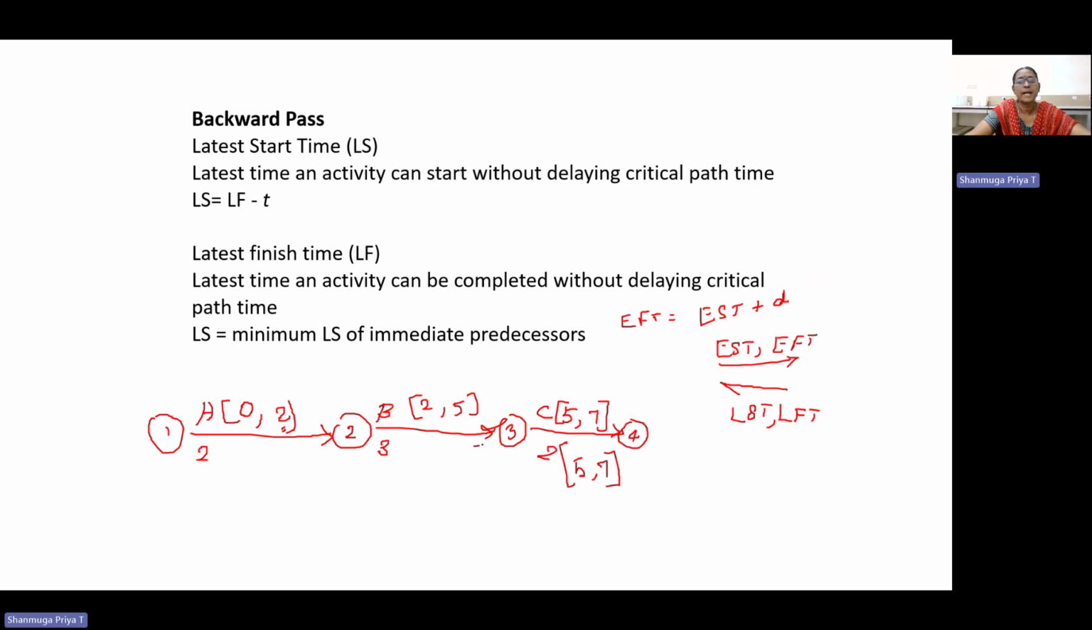For activity B, the latest finish time equals the latest start time of the succeeding activity, that is 5. The latest start time equals the latest finish time minus duration, 5 minus 3, which is 2. Similarly, the latest finish time of A equals the latest start time of B, that is 2. The latest start time equals the latest finish time minus duration, 2 minus 2, 0. So this is one longitudinal sequence network. How we can find the earliest start time, earliest finish time, latest start time and latest